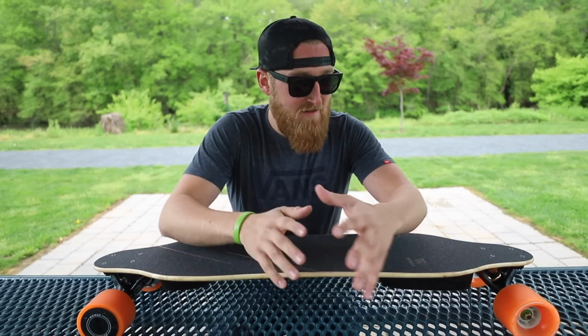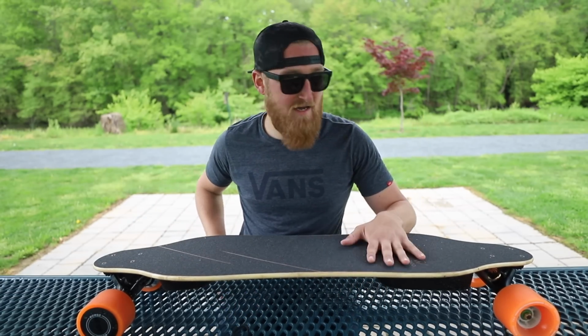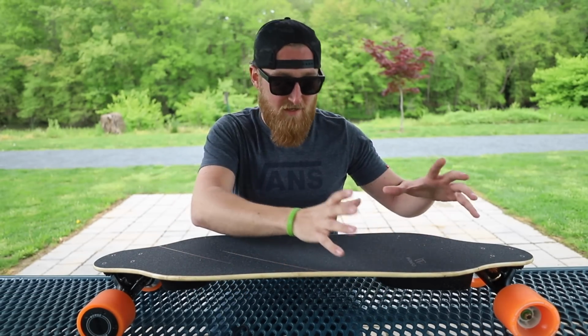Now at the time of testing the last WowGo, that board was coming in at about $430. This one on the other hand is coming in at $599. So the way I put different boards into categories, I would say that about $450 or below would be like the lowest tier,